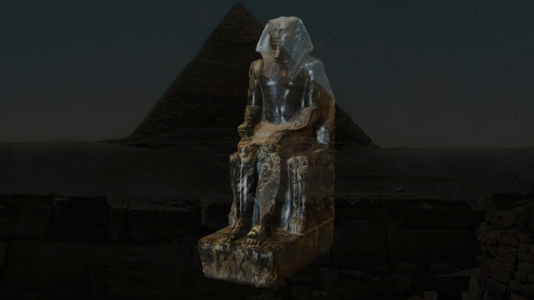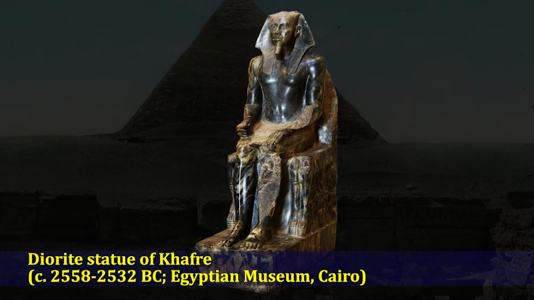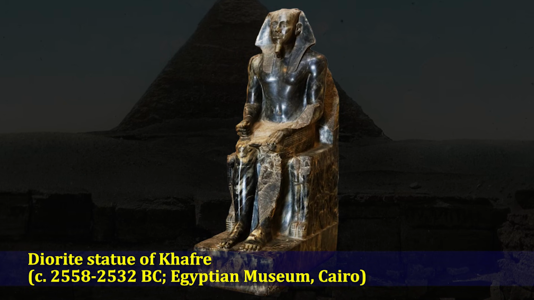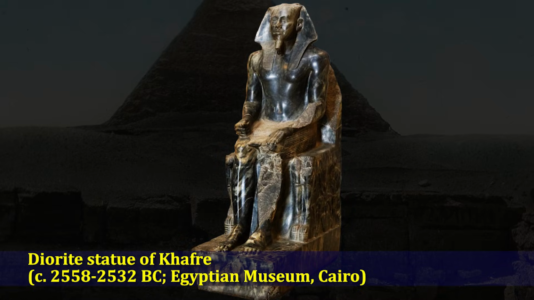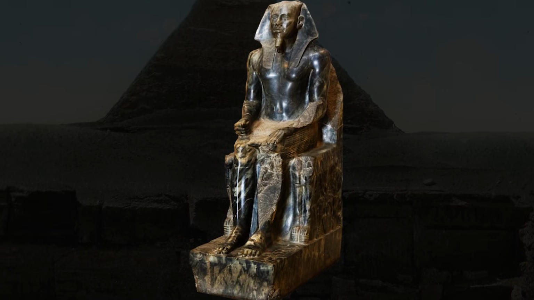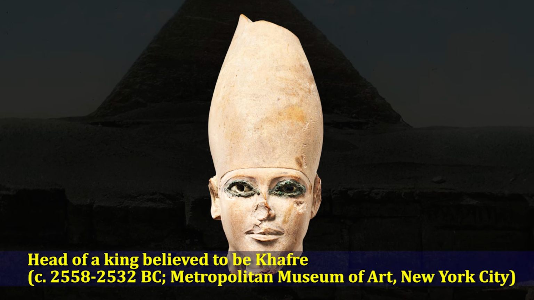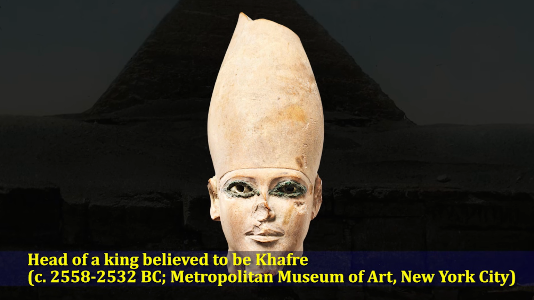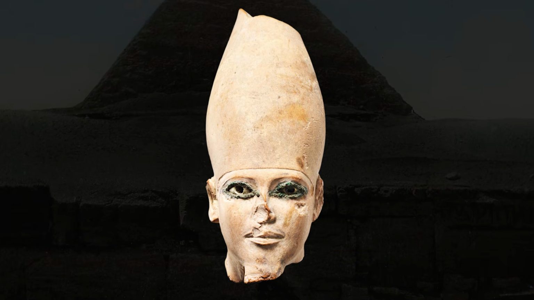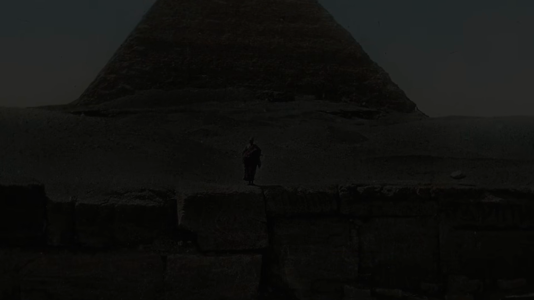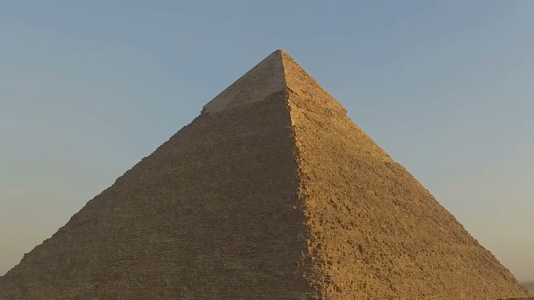He was the first Egyptian king to have adopted the title Sa-Ra, meaning son of Ra, which may have been because of the growing popularity of the god during his reign. Many scholars also believe that the priesthood devoted to Ra had become an influential voice in politics, and may have held some power over the king and his family. Khafre died in the year 2532 BC and was laid to rest in his pyramid.